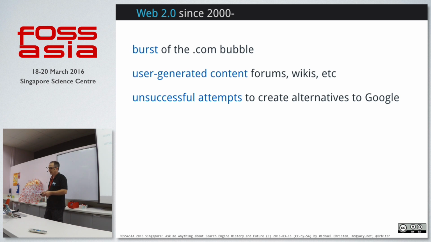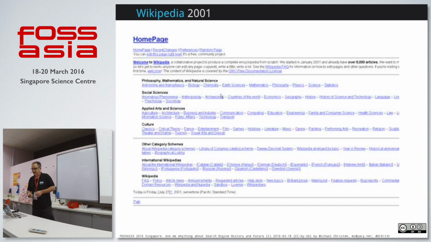Also alternatives to Google, but nobody at this time was more successful. Yeah, the Wikipedia started 2001, and it's another example for the attempt to answer questions. Before the Wikipedia, we got answers, a shallow view to all topics of scientific things and all the things in the world, by dictionaries and by encyclopedias. And at this time, they all stopped publishing their books, and the Wikipedia is now the main reference to knowledge in a shallow way on the web.